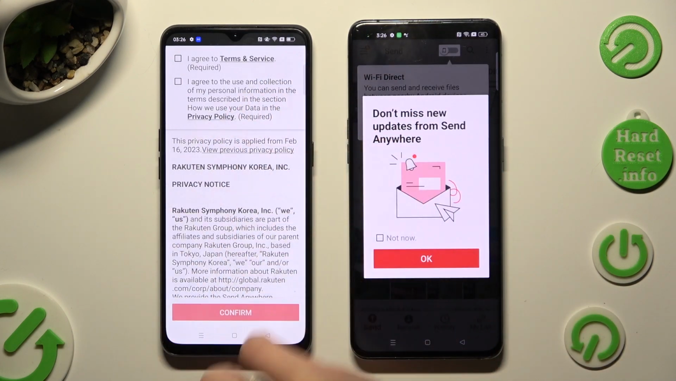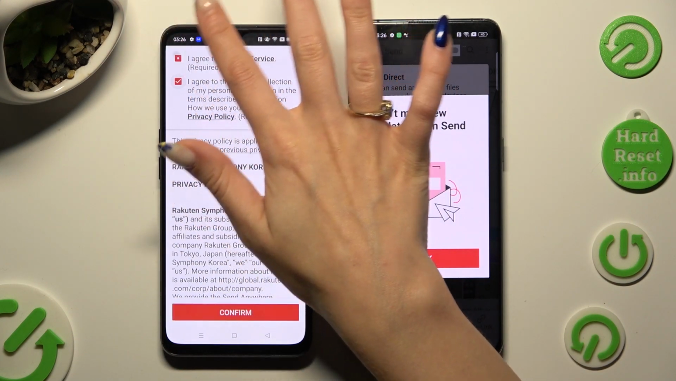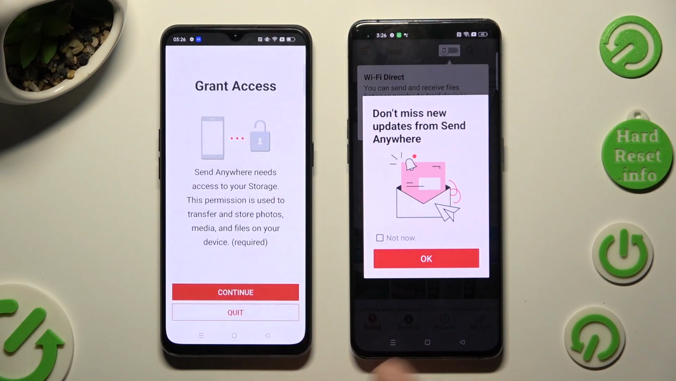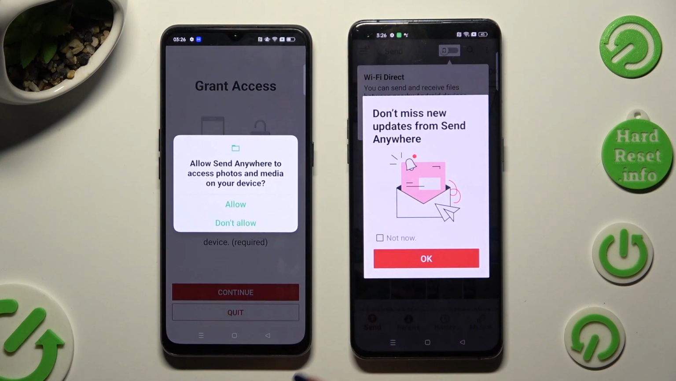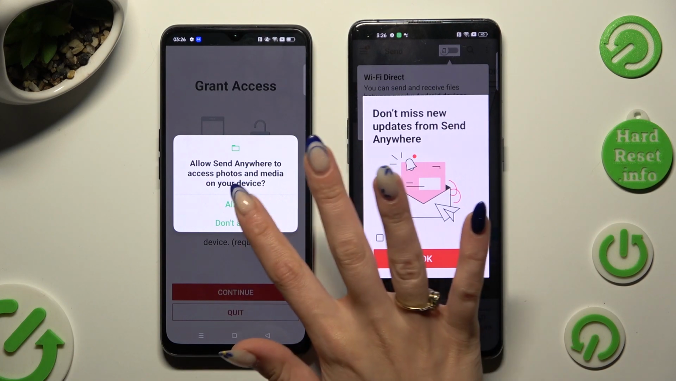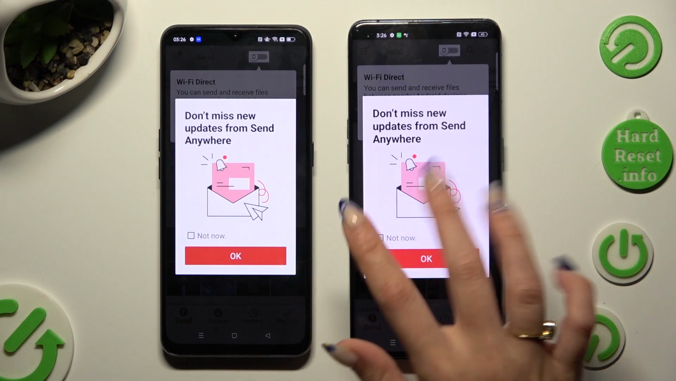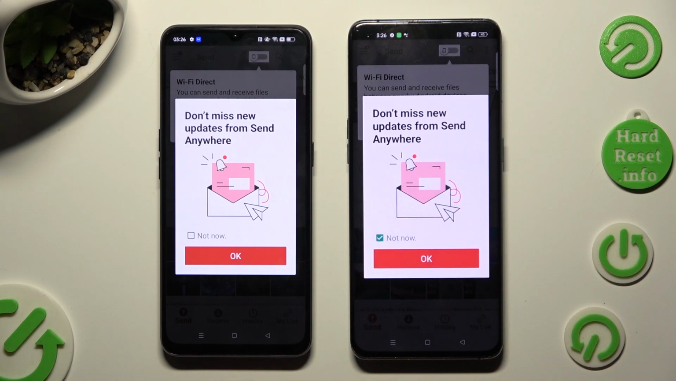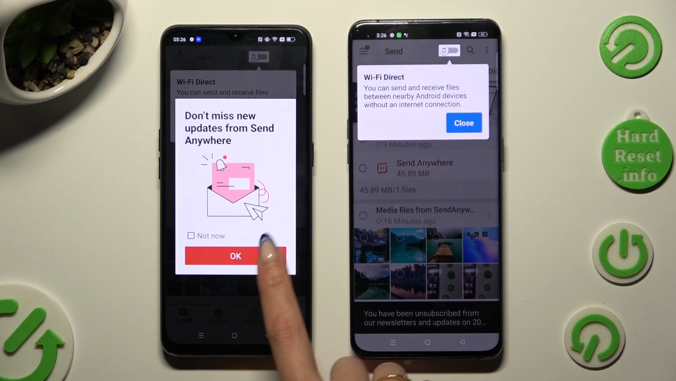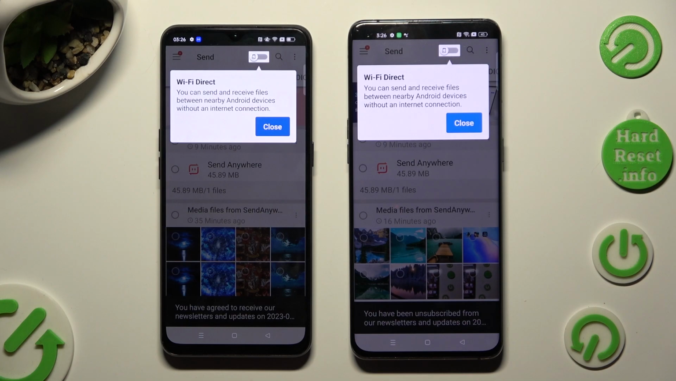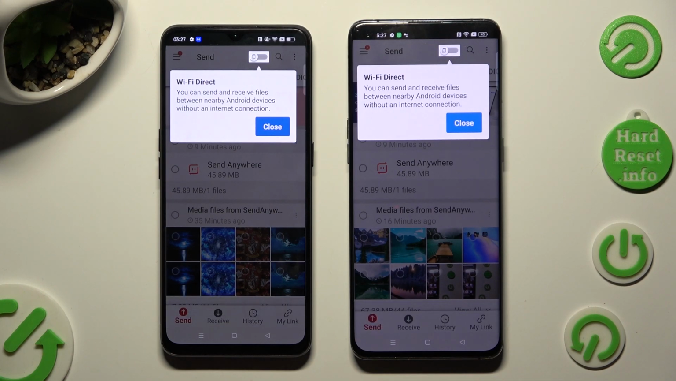Now on the second one, I agree, confirm, continue, allow. In this window about new updates, you can select Not Now if you want to. To close it, hit OK. Then select Close in white pop-up at the top